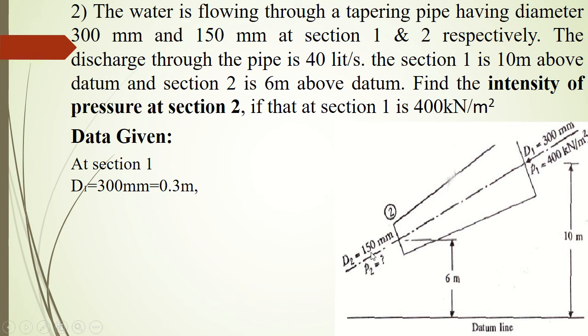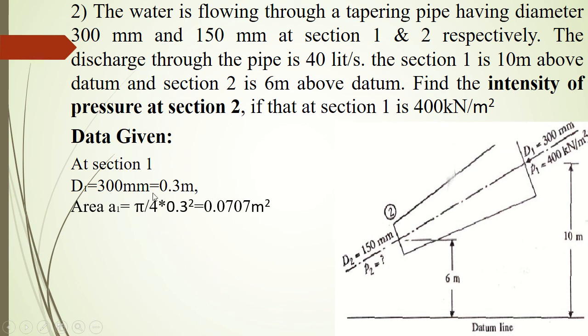Okay, and he has given D2 and he has given the height from the datum at the section 2 is 6. So Z2 is going to be 6 meter. So he is asking to calculate pressure intensity at section 2. Okay, so here